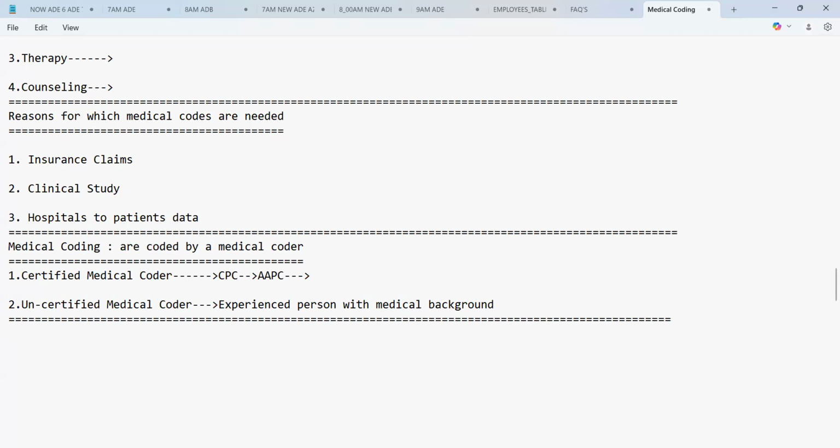So when it comes to this, what is the CPC certification? CPC stands for Certified Professional Coder. The CPC certification validates